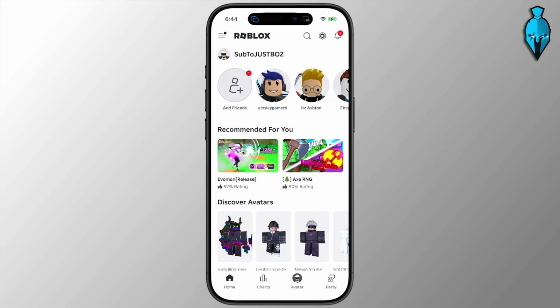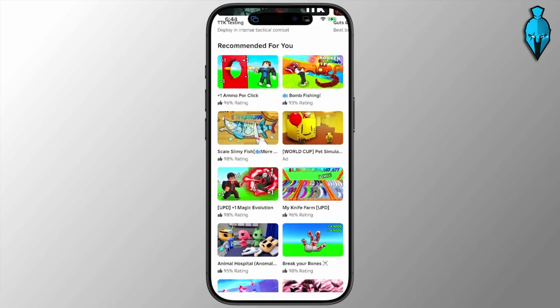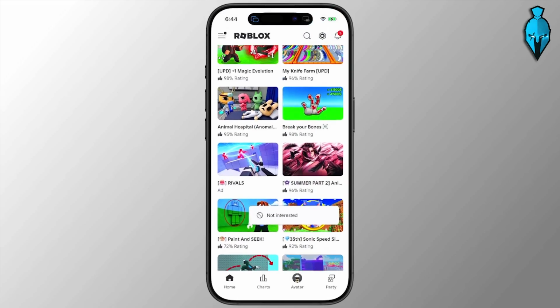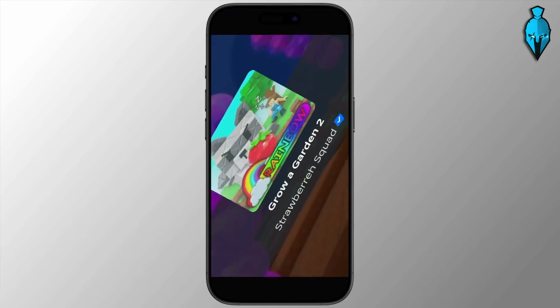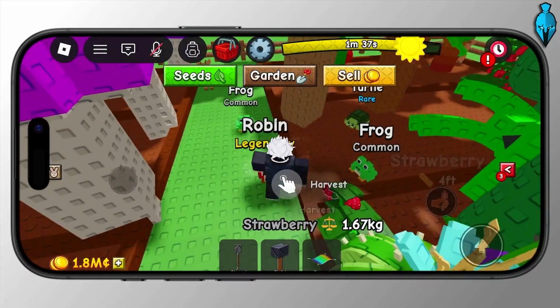Begin by opening up Roblox and joining any game where the chat should be available. Let's just go ahead and open up Grow a Garden too, right? Open it up, right? And once you're in here, what you need to go ahead and do is look up